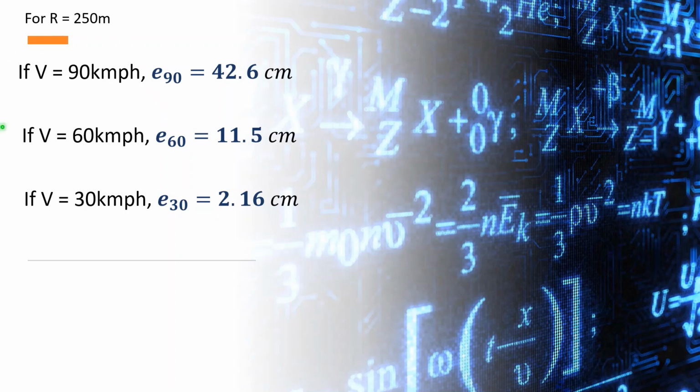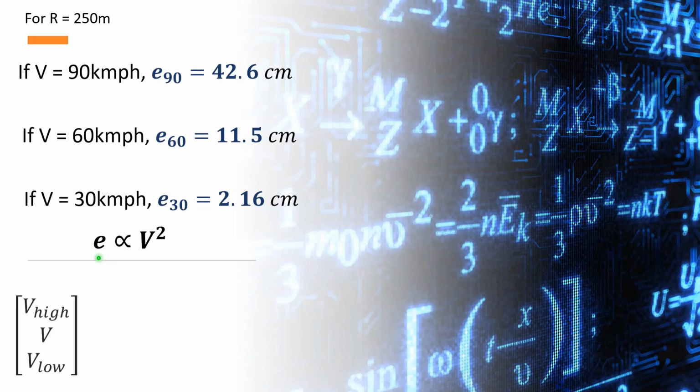So on a particular route, we cannot say the trains are always running at 90 km per hour, or always at 60 or 30. The trains can be running at different speeds. So which of these super elevation values should we select? Because if we do not design it properly, that may again lead to an accident. So this needs to be carefully maintained. Super elevation is directly proportional to the square of the speed. So as V increases, super elevation also increases.